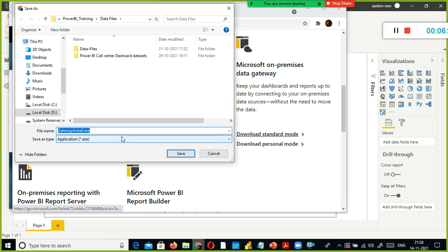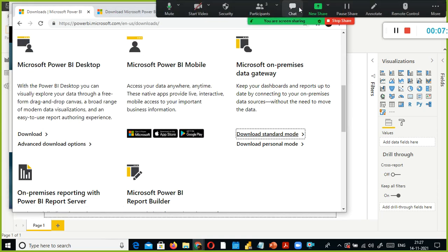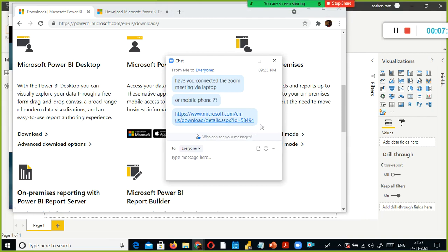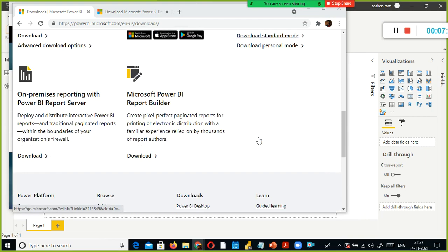Hi sir, sorry to disturb you. No, Vijay here. No, sir, it's not opening. Oh, wait for some time. It will take some time. The option is not opening. Vijay, you check my chat window. I sent out the link, direct link. Okay, sir, but today I joined from mobile only.